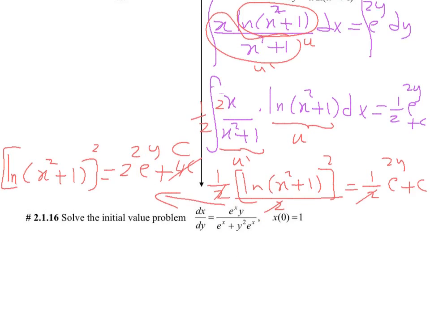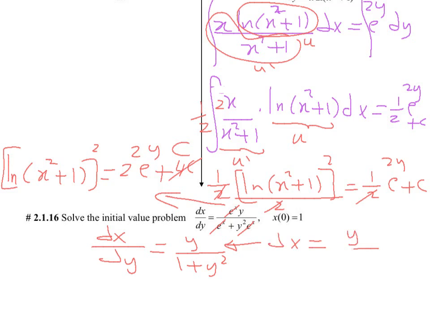The last exercise, which is very simple: there is a common factor here, which is e to the x. It will cancel with this, and you are going to end up with dx dy equal to y divided by 1 plus y squared. This is again a function of y only, so it must be separable, and you can write dx equal y over 1 plus y squared dy. Integrate both sides, so this is x equal 1 divided by 2 ln of 1 plus y squared plus